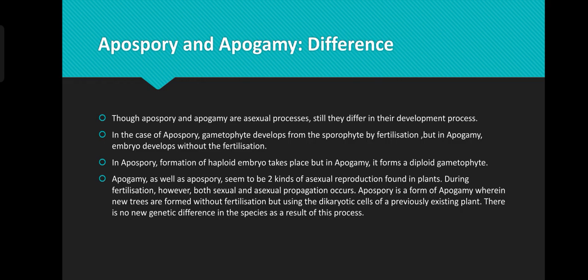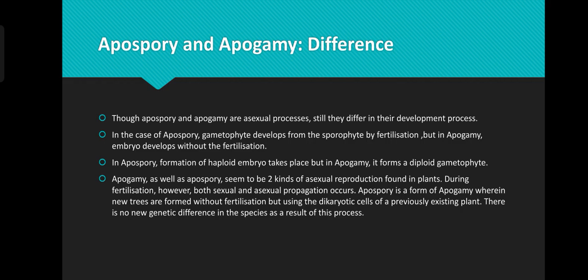In apospory, formation of a haploid embryo takes place, but in apogamy, it takes place from a diploid gametophyte. Apogamy as well as apospory seem to be two kinds of asexual reproduction found in plants. During fertilization, however, both sexual and asexual